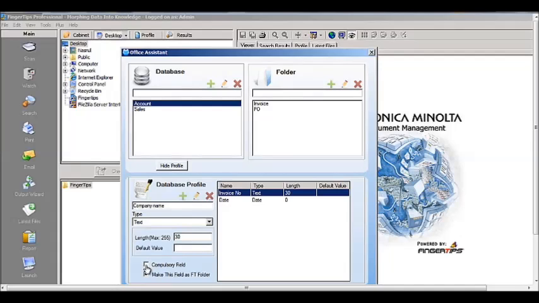So I'm going to make it compulsory, and at the same time choose this option where I make this field as FT folder. Once I've done that, I have successfully created my Office Assistant database structure, and we are ready